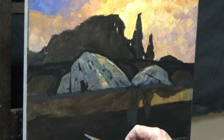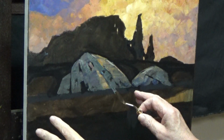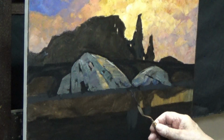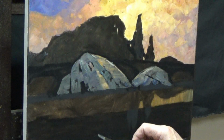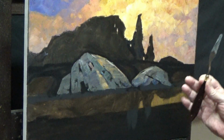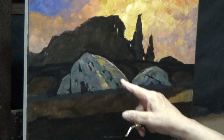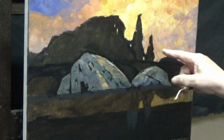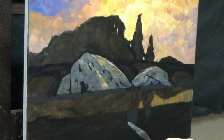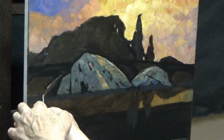So what I've been using mostly is just flecks of cobalt blue, but mostly ultramarine blue and raw umber and white to lay in my base colors on the rock. I've added a little bit of alizarin crimson for the odd stroke. Obviously on the reflection I've mixed in some yellow ochre and alizarin crimson and a bit of white, you know, for some variety of color. So how about if we just